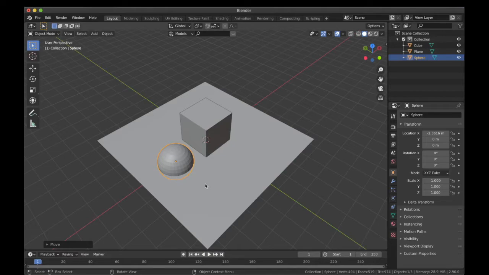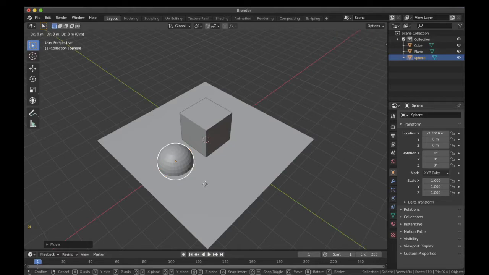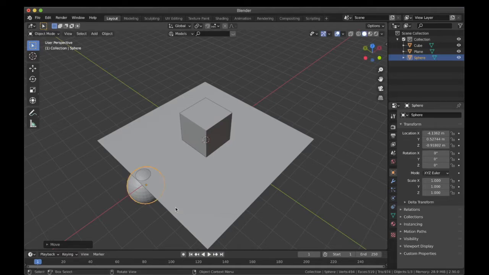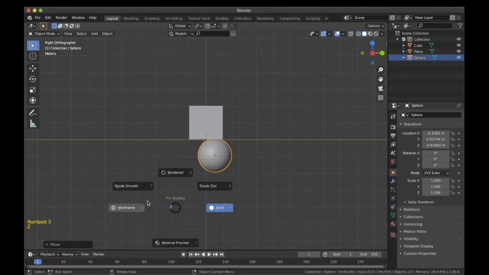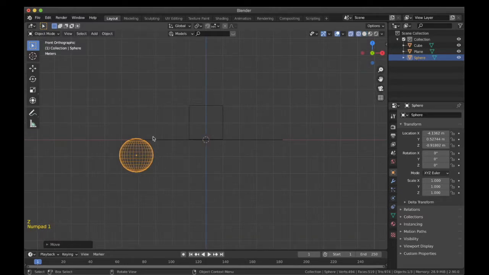To give an example of that, let me press G and move it. Now if I try moving it along the x-axis, you can see it's not snapping to it. Even if I'm moving it in that direction, it might be moving in a completely different direction. For instance, let's see this now. It might look like it's on the x-axis, but the axis has changed. I'll go to the front view. You can see it was supposed to be somewhere over here, but it has gone beneath the plane completely. So that is why it's important.